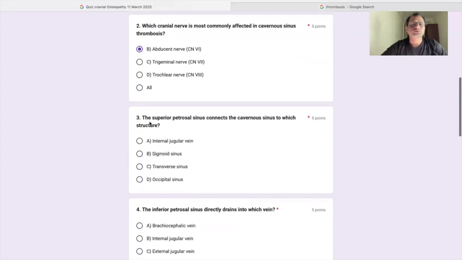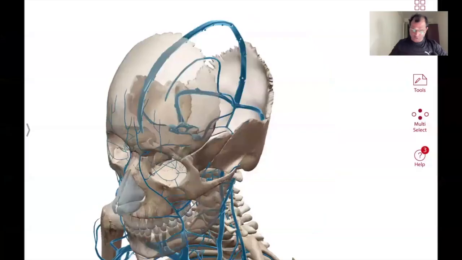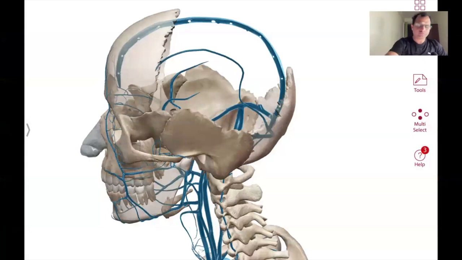Question number 3. The superior petrosal sinus connects the cavernous sinus to which structure? What is the answer? Transverse sinus. I will show you one image here so that you can memorize what we discussed yesterday. So now we can see in this image here,